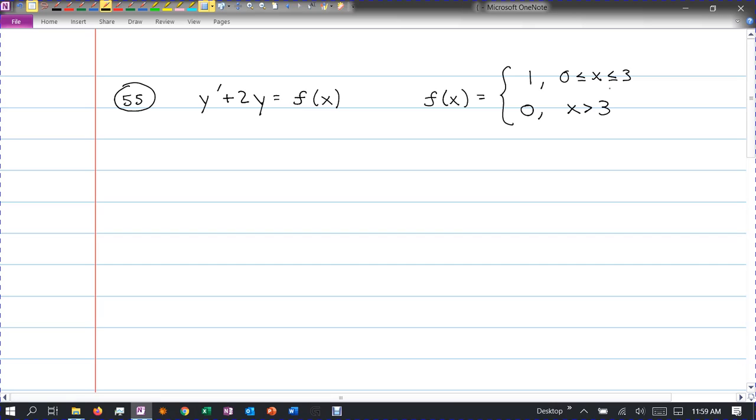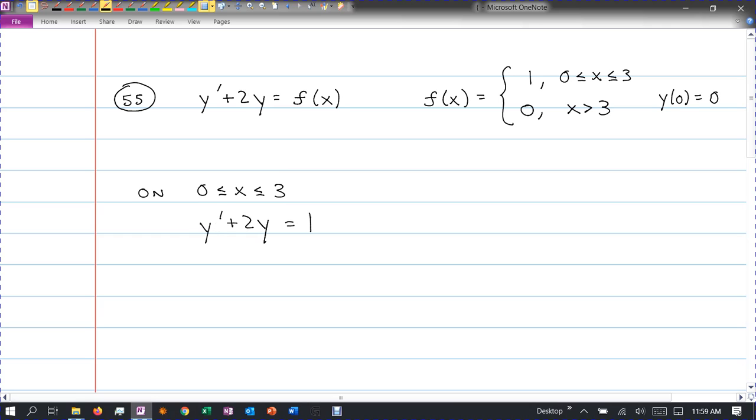So what we're supposed to do is find a continuous function satisfying each differential equation and the given initial condition. So we also want that y of 0 equals 0. Okay, so let's take a look at what's happening on the interval 0 to 3. On that interval, the function f of x is equal to 1, so our differential equation becomes